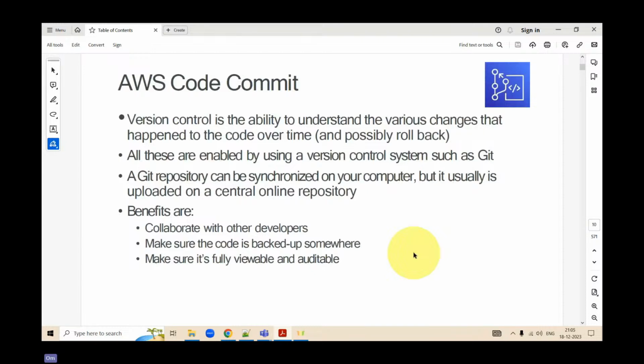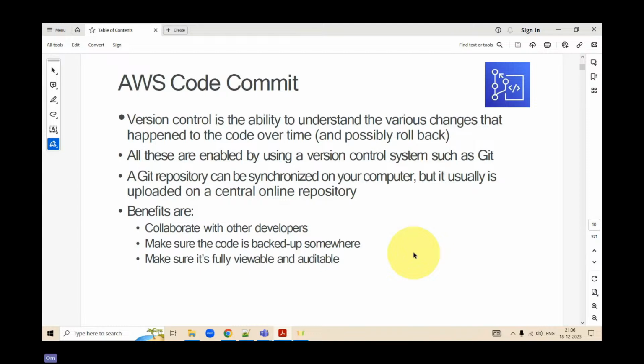Now, CodeCommit is nothing but your version control. We all know from our local, we push the code into a repository. Each code has a certain version. If I make a change in the code and push that code, it has a certain version, let's say version A. I make a few more changes, next time push the code, version B. Third time I make more changes, push the code, version C, version D, etc.